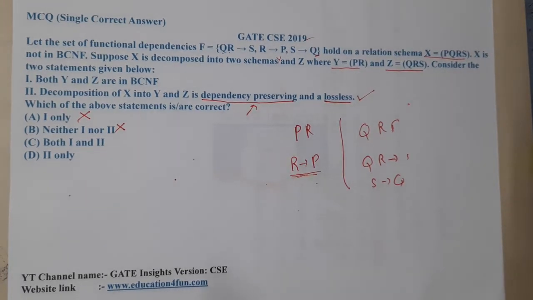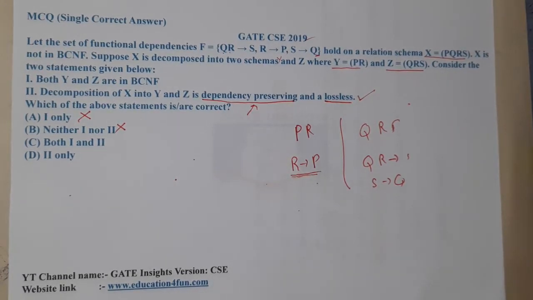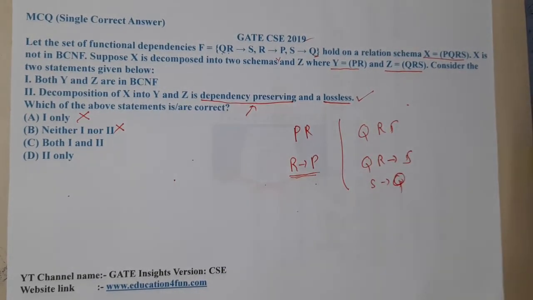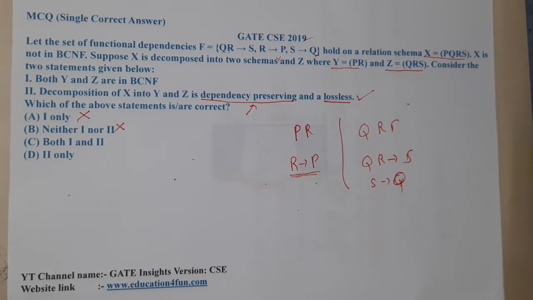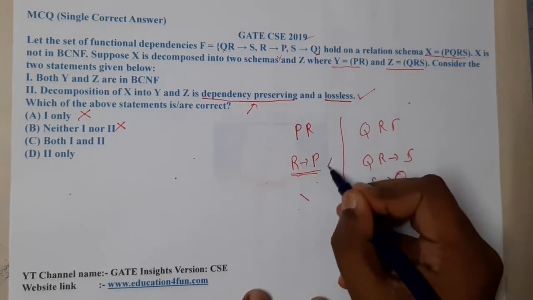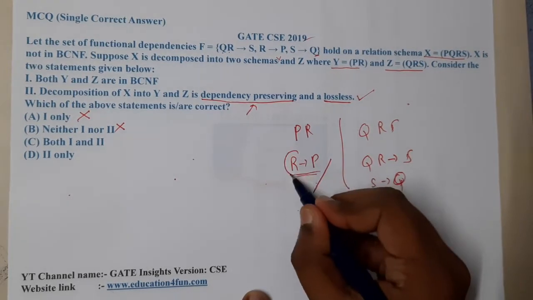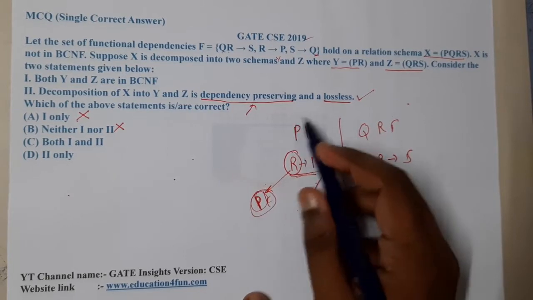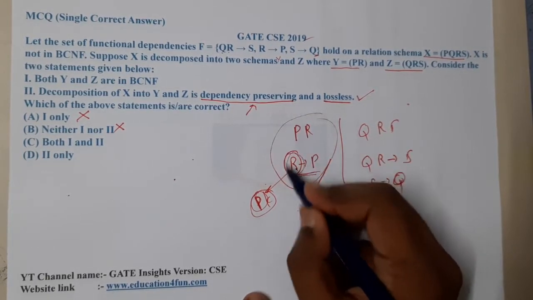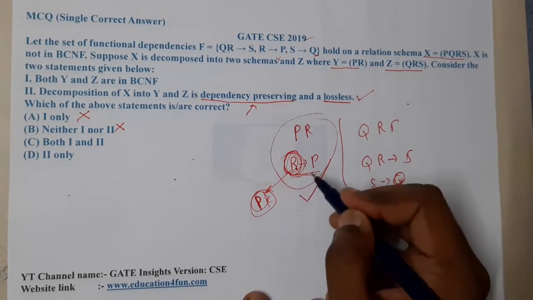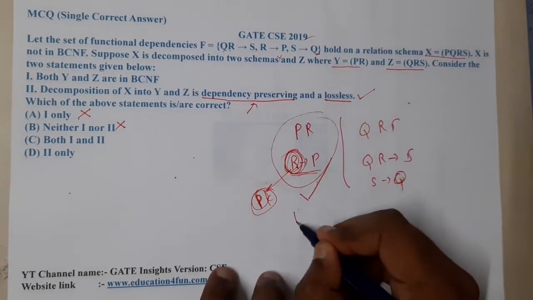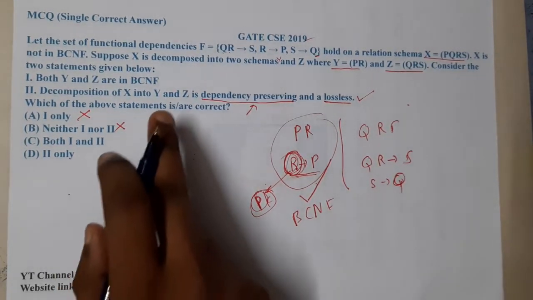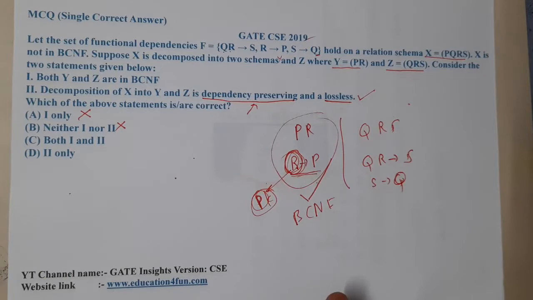When it comes to the first statement, they are saying both are in BCNF. The only question I have is whether both of them are in BCNF; there is a small catch here. This first table will be in BCNF, because here we have R, and R is a prime attribute, or you can say it is a key, the primary key for this table. It is already on the left-hand side of the relation, and that is the only relation available. So we can conclude that table 1, that is Y, is already in BCNF.